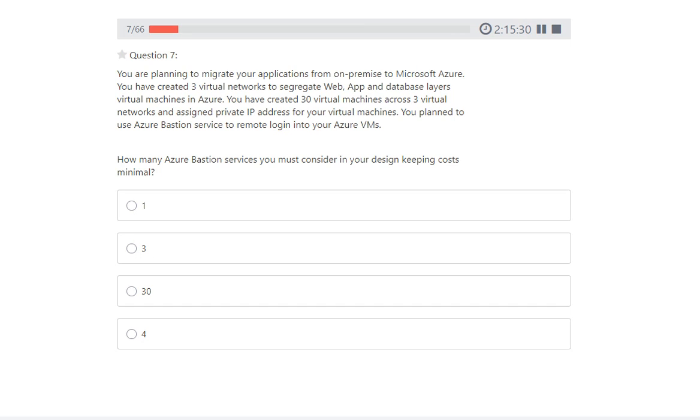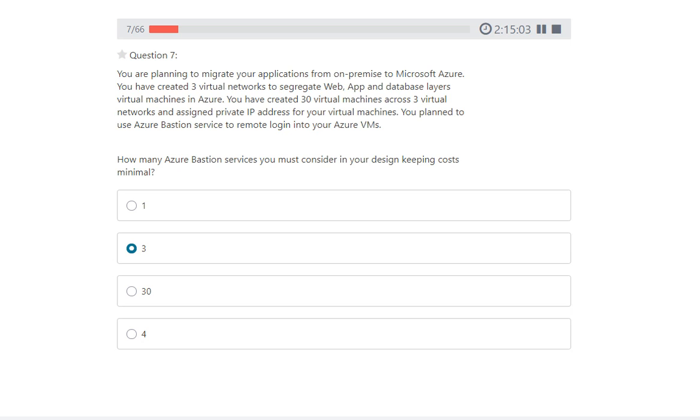On each virtual network, we have implemented VMs. One virtual network is dedicated to web, one to the app, and one to the database layer. Azure Bastion is applied on the virtual network itself. Because we have 3 virtual networks, we will provide 3 Bastion services, right?